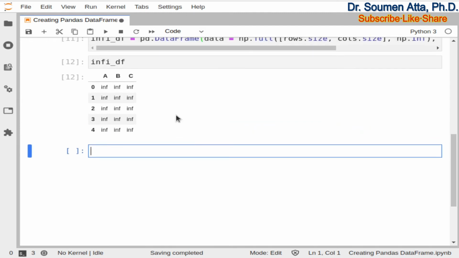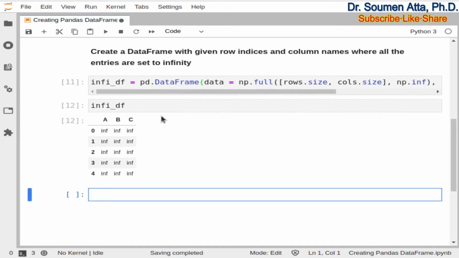So here you can see the row indices are set to 0, 1, 2, 3 and 4, and here you can see the column names are A, B and C, and all the elements here are set to infinity. So this is the way you can create a data frame with given row indices and column names where all the entries are set to infinity.